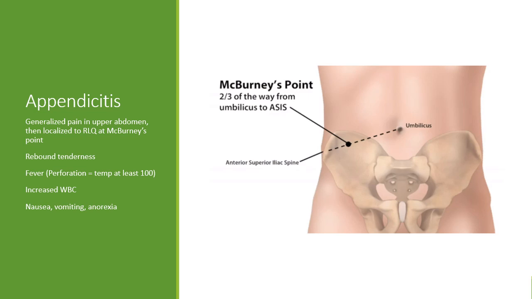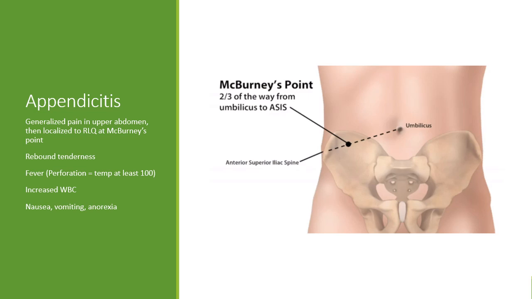Fever is very common. When people have perforated, the temp is usually at least 100. The white counts are usually like 22,000 or greater. Like, we're talking about pretty significant white counts. And then nausea, vomiting, and anorexia are also common. So right lower quadrant pain, nausea, vomiting, fever, and then leukocytosis and elevated white blood cell count are all really